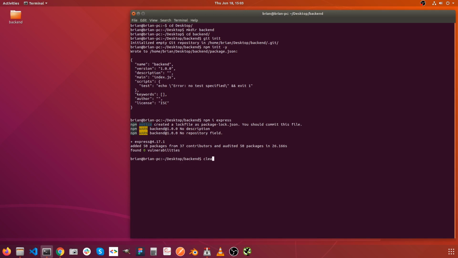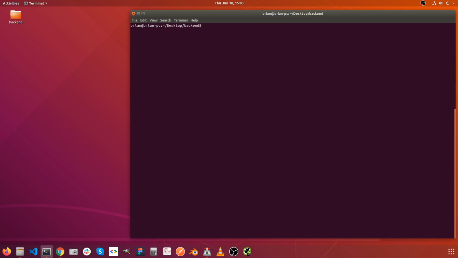The next thing I'm going to do is create a gitignore file. Now gitignore is a file that allows us to tell Git which files or folders to ignore. So now if I do ls, I'm going to see the folders and files that are there. If I do ls -a, I'm going to see all the files that are inside that